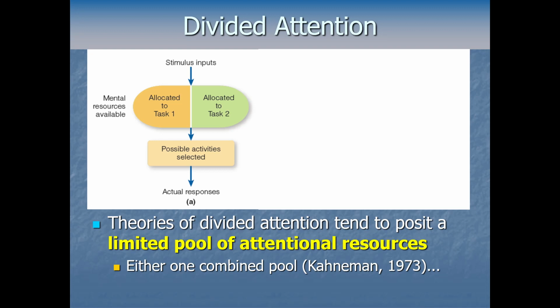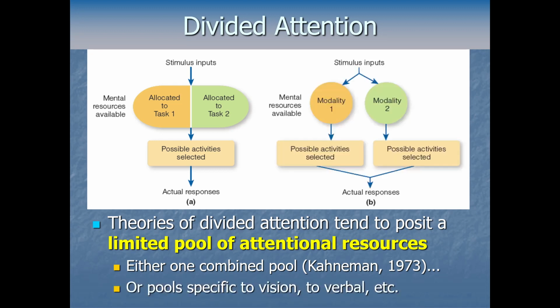So Kahneman's idea was that we have one big combined pool for attention, but others have expanded on that. They've proposed since then that we may actually have separate pools specific to different modalities or different functions, like an attentional pool specific to visuospatial stuff, or to verbal and linguistic stuff, and so on. If that latter model is more accurate, then it would make some distinct predictions, right? Like using up resources in one modality shouldn't really have much effect on our performance of a second task if the second task is in a different modality, right? Because we'd be using up some of this pool and separately some of that pool.